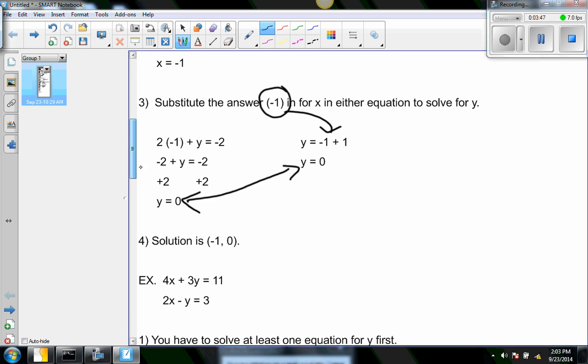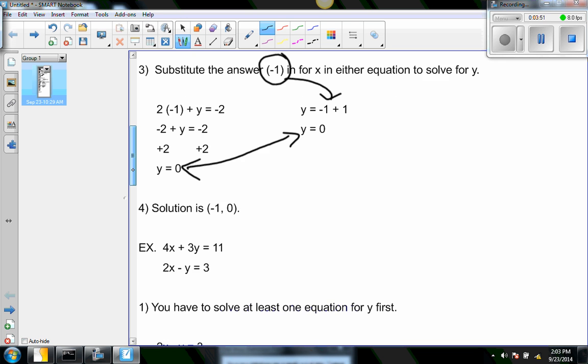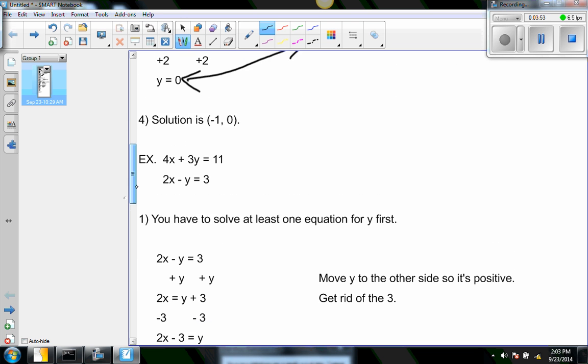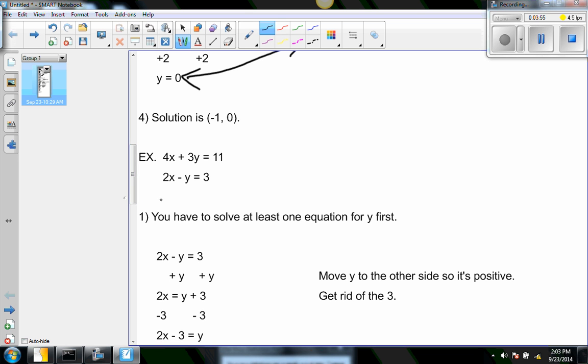And so now we're going to do one that's a little tougher. This one right here, this is a system. Remember, 2 or more equations is a system. So I have 4x plus 3y equals 11, and I have 2x minus y equals 3. And so neither one is solved for y. So I have to solve it for y first. Otherwise it's not going to work when I try to plug my